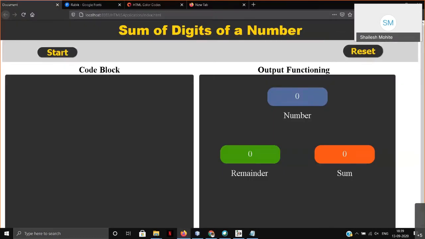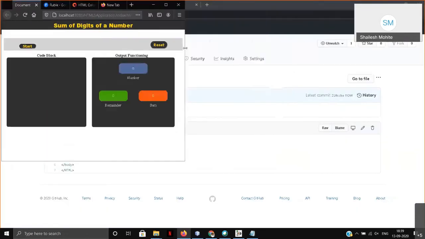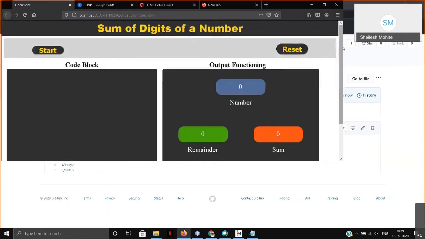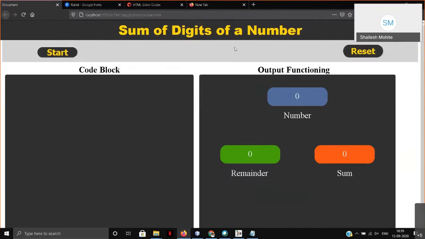Because a student is not only going to use your website on a laptop or any other PC. He is going to use it on mobiles, tablets and all. So your website should be responsive. When I resize the window of my browser, it is going to respond like that. You should use a responsive website, or you should convert your website in a responsive way using only HTML, CSS and JavaScript.